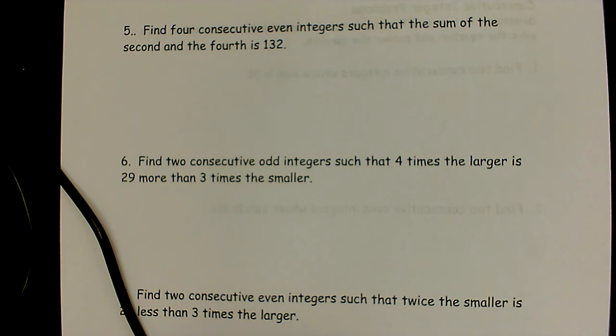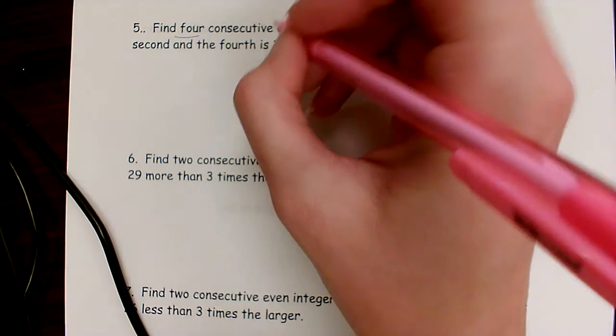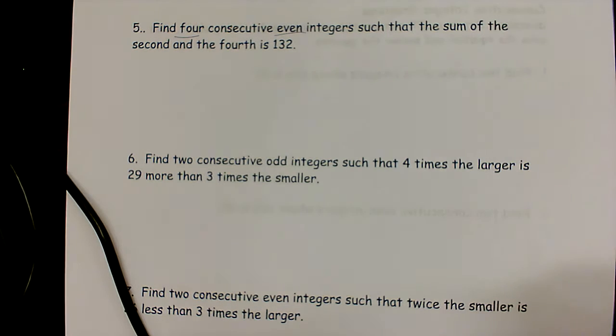Alright, so the second half of this worksheet is hard. It is very hard, and y'all are doing very well so far at solving them. But I've had a lot of requests for demos on help on 5 through 8, so this is a video on that. Number 5 says find 4 consecutive even integers, such that the sum of the second and the fourth